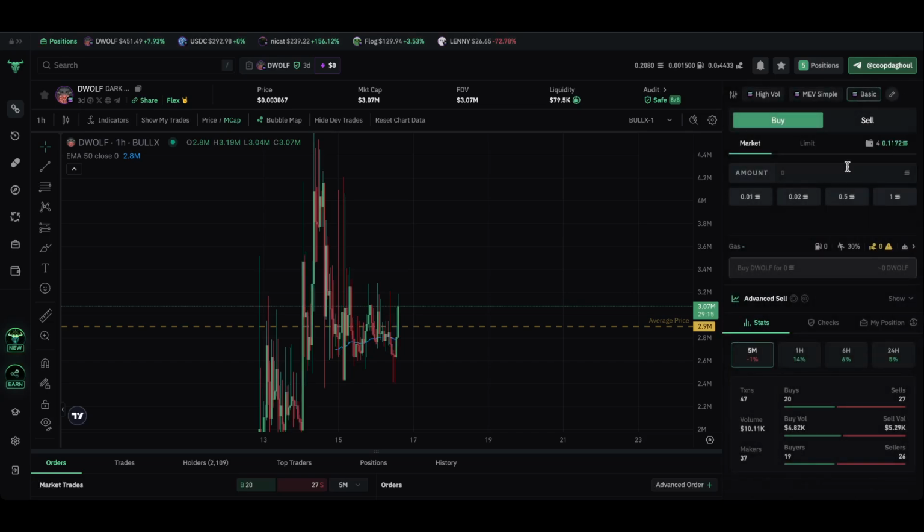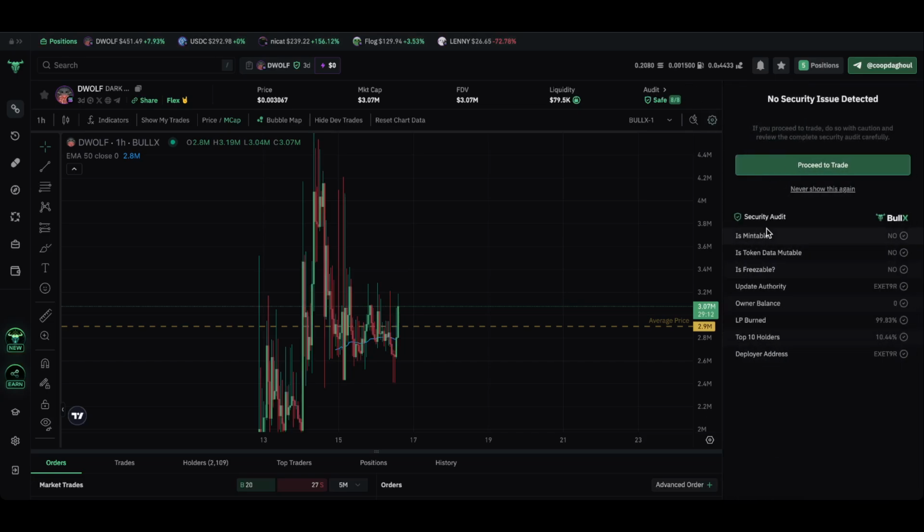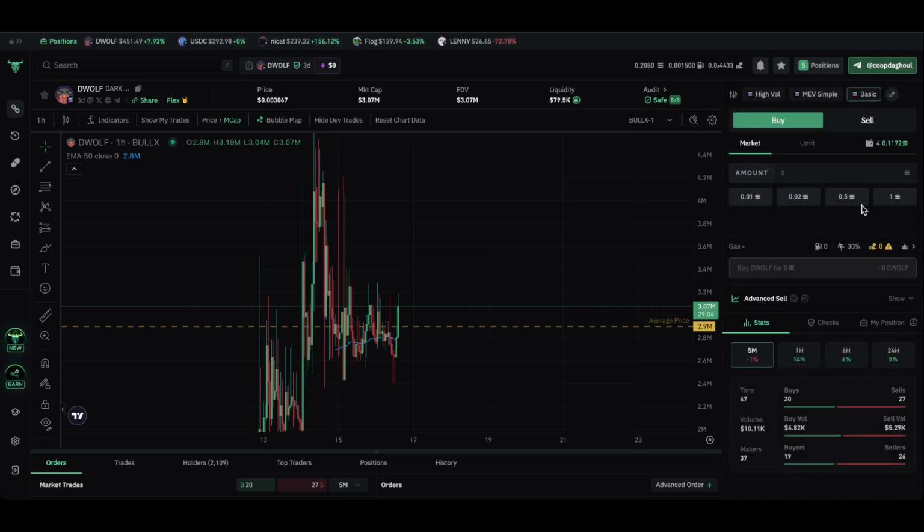But yeah, it just shows you things about distribution, what's in the code, if the code is mintable, is the token data immutable or not, is it freezable? Very important things that you want to know when you're trading. And then